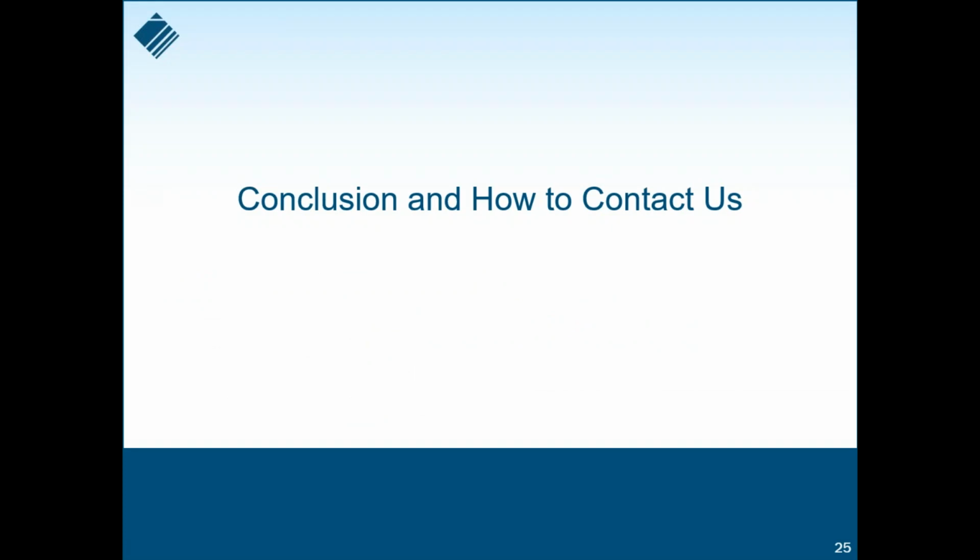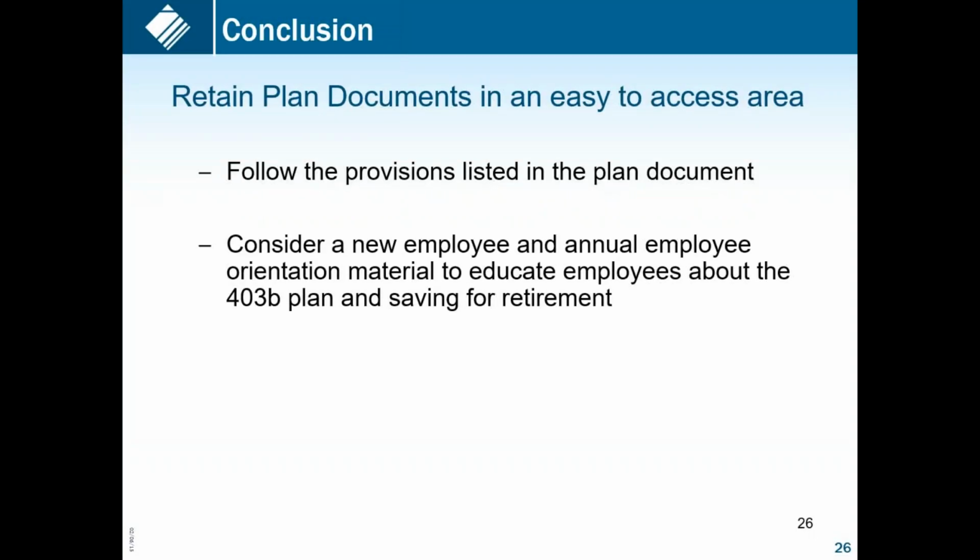I know we covered a lot of information in this annual recording, and I know you'll be very relieved to know there's not a quiz, so you can breathe easy. To review what we did cover, try to keep your most current signed plan documents in both electronic file and a paper copy in an easy-to-find place. Make sure you're operating the same as what the plan document says. Keep on file documentation of employees being offered the plan and receiving either a copy of the summary plan description or having it located in a specific location.